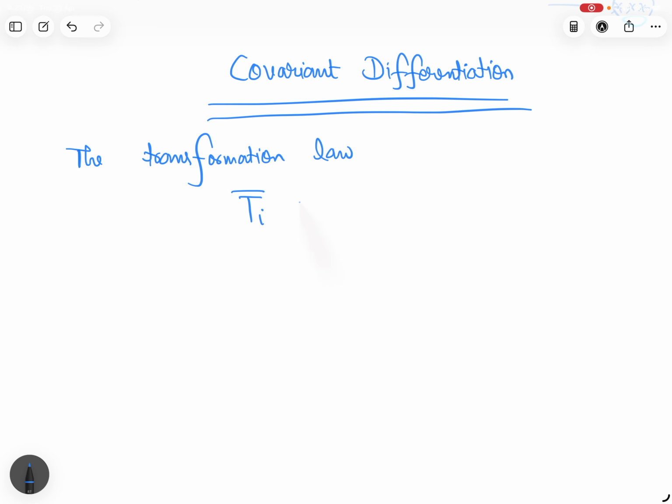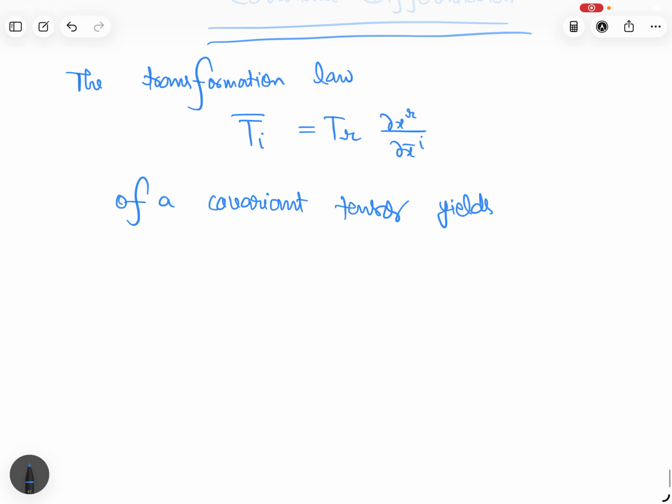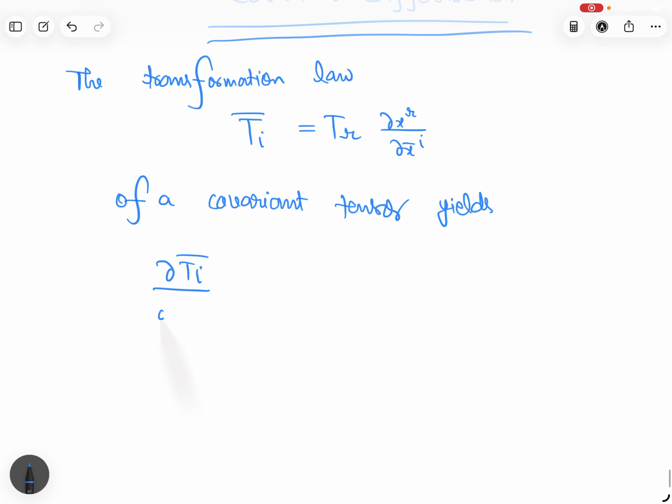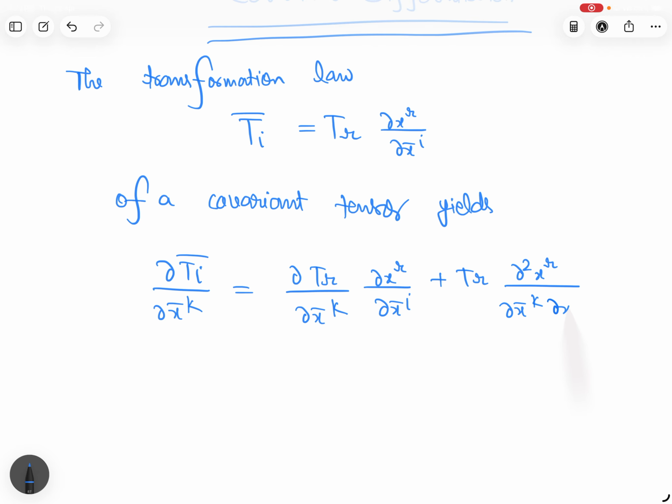Using the chain rule on the first term on the right side and formula triple star, we get ∂x̄_i/∂x_k equal to Γ_tr^s ∂x^r/∂x̄_i ∂x^s/∂x̄_k plus